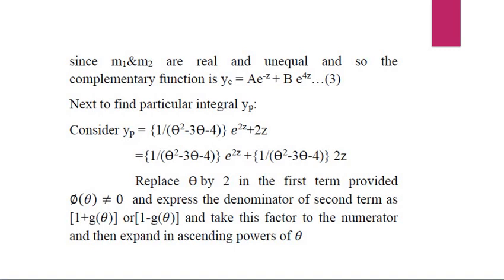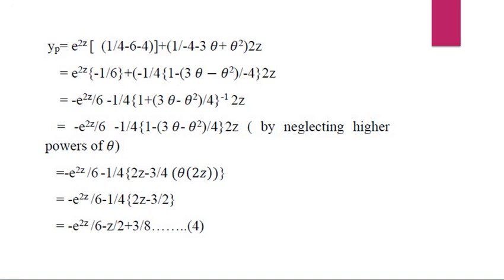Here we are using the already studied, known method. Since the function f of z is e power az, you have to replace theta by a. Therefore we are replacing theta by 2 in the first term, provided phi of theta is not equal to 0, and expressing the denominator of the second term as either 1 plus g of theta or 1 minus g of theta, and taking this factor to the numerator, then expanding in the ascending powers of theta. After replacing theta by 2 in the first expression, we have e power 2z into 1 by 4 minus 6